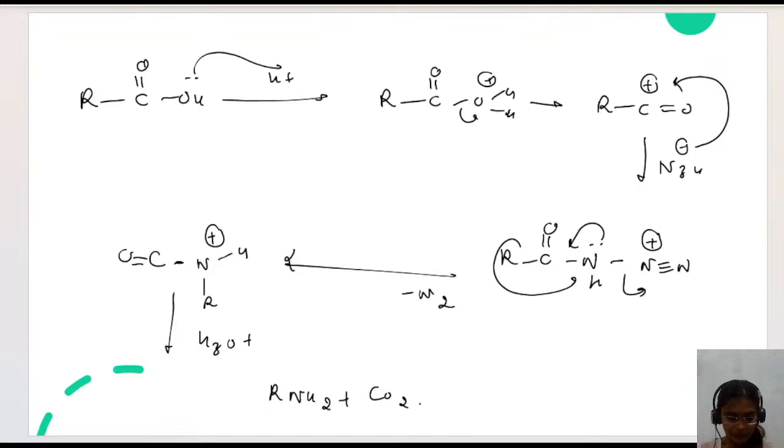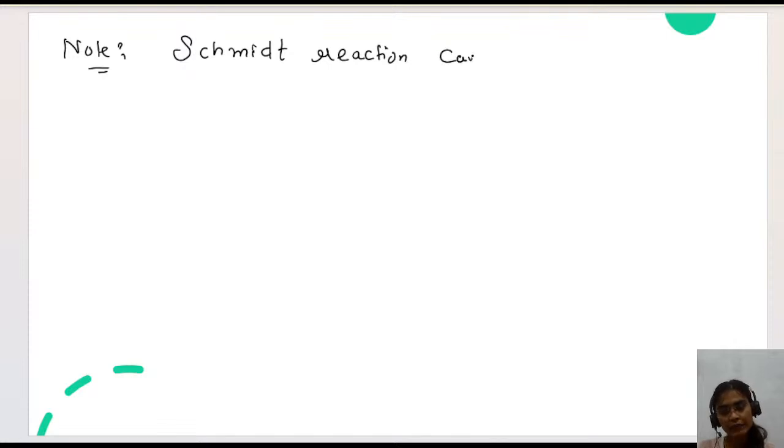Now, there is a very important application for this Schmidt reaction. Let me just write a kind of note. So this is a very important note. What is the note? As we discussed, the Schmidt reaction is only for carboxylic acid, right? But the note is that this reaction can take place